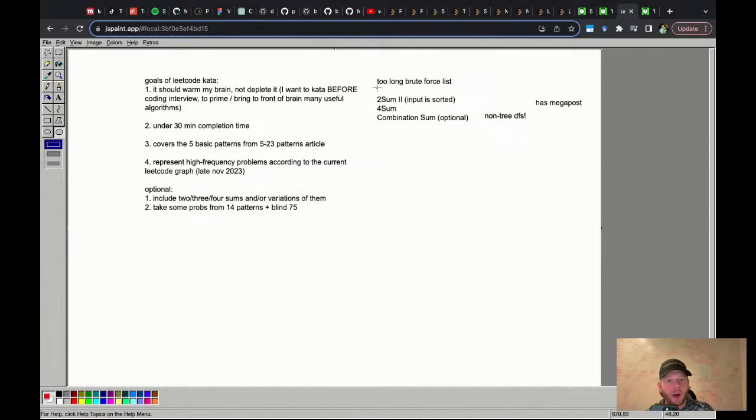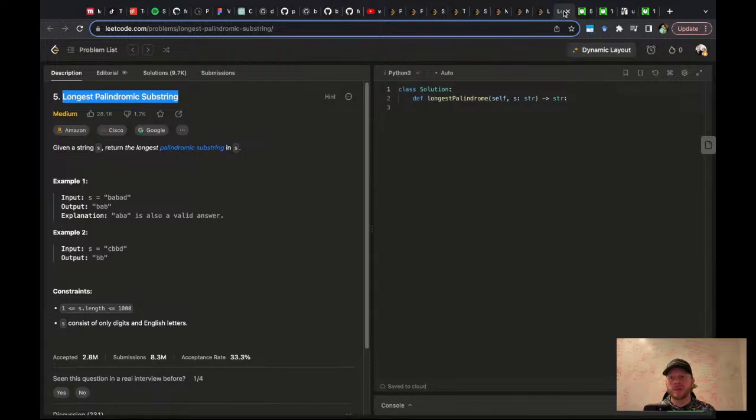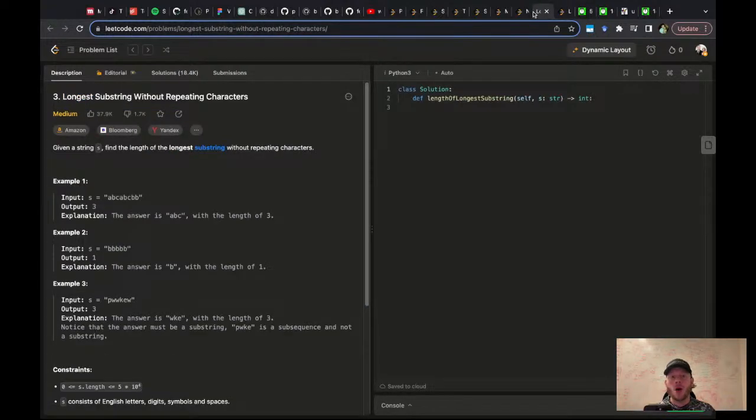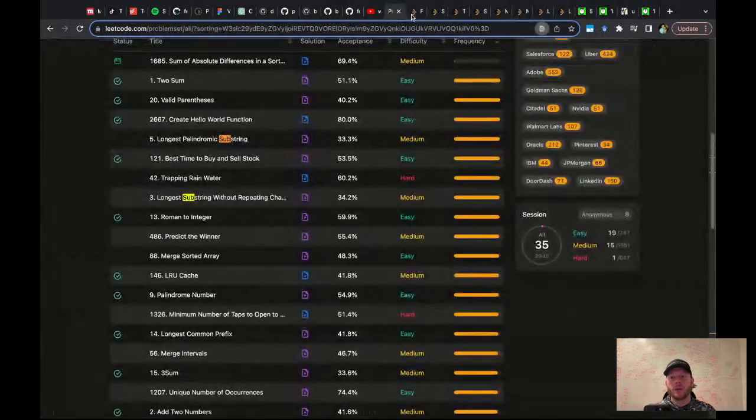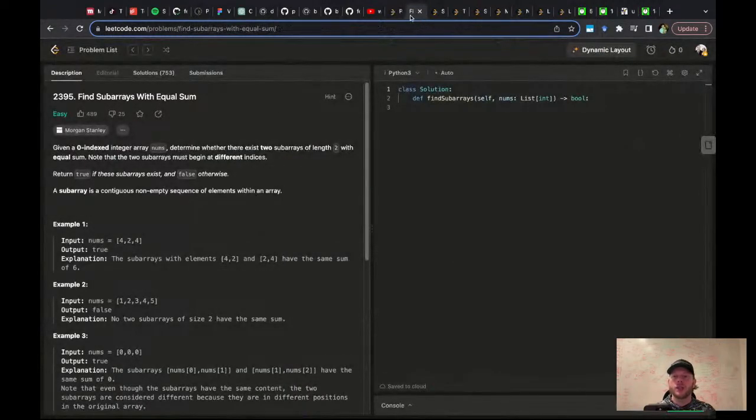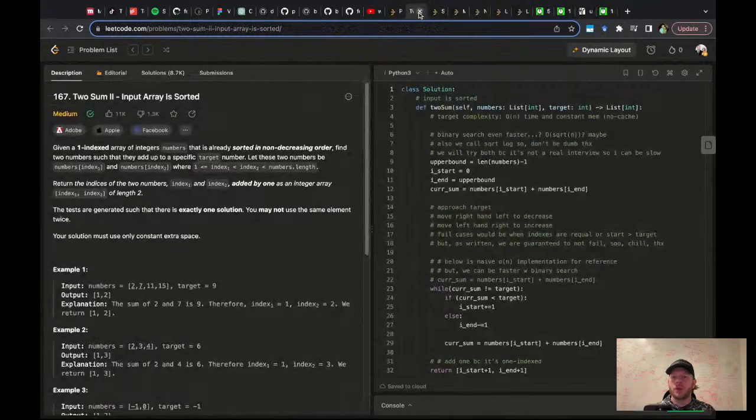We'll give this a red wrapper to say that they all three together have the mega post. Okay. So here's a node problem. We might keep that around. Subarrays with equal sum. I don't like it. Mega post, cool. We closed it.